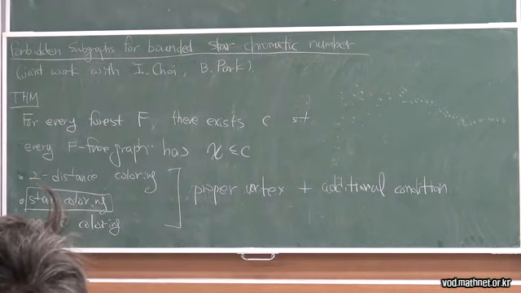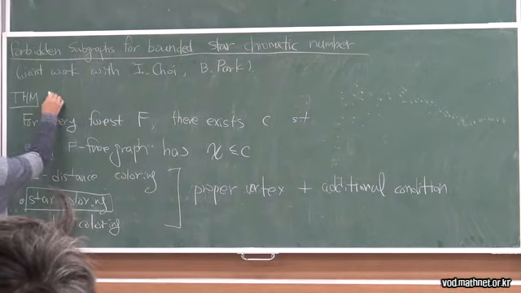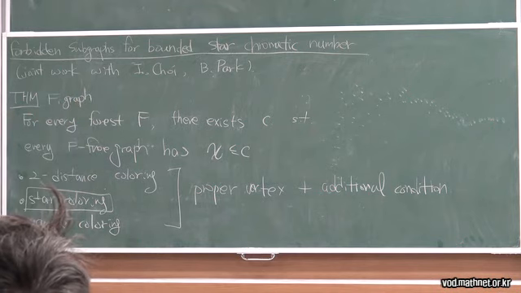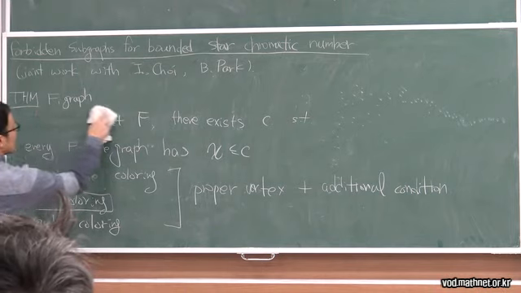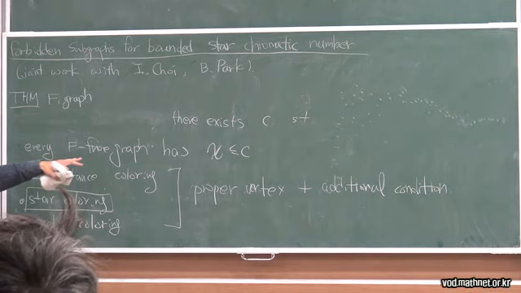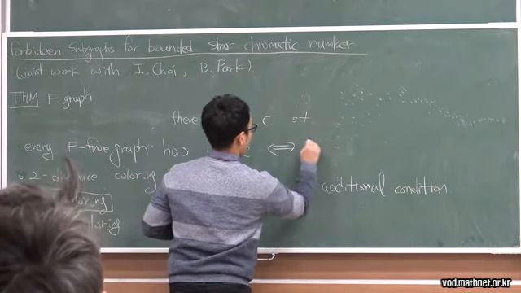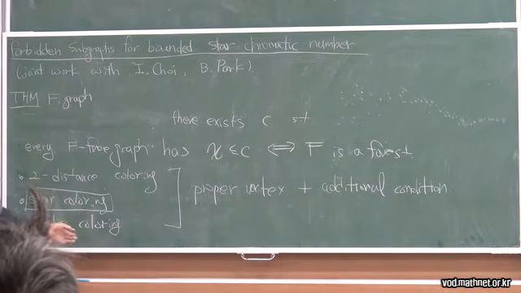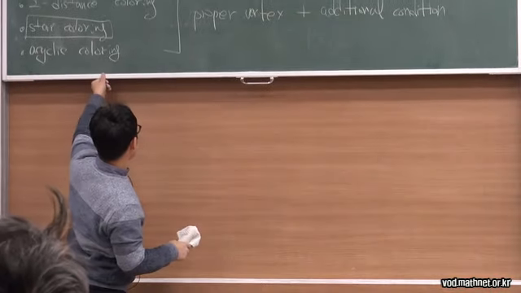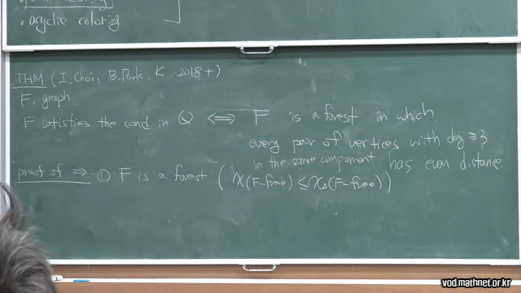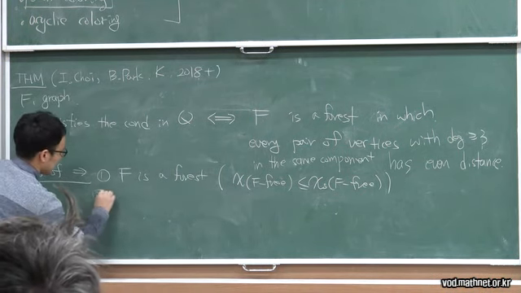Let me change the theorem. Now F here is a graph. Then every F-free graph has bounded chromatic number if and only if F is a forest. Okay, thank you. Then this theorem implies that F is a forest. And second,